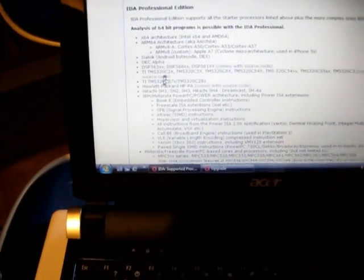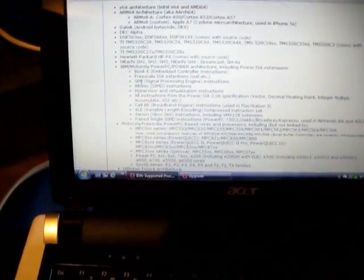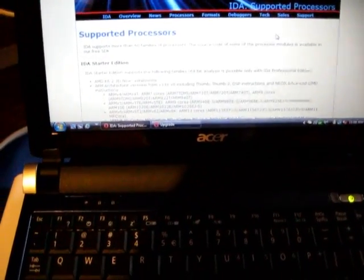What is MOS Moss MC6809, and what's a Moss 6052? What is all this stuff? I don't know. And what is a Power PC, and what is an Itanium? What is this? I don't know. And did I mention,